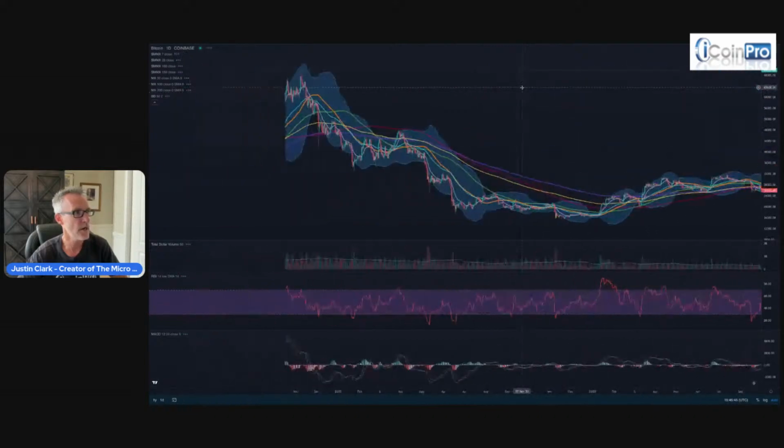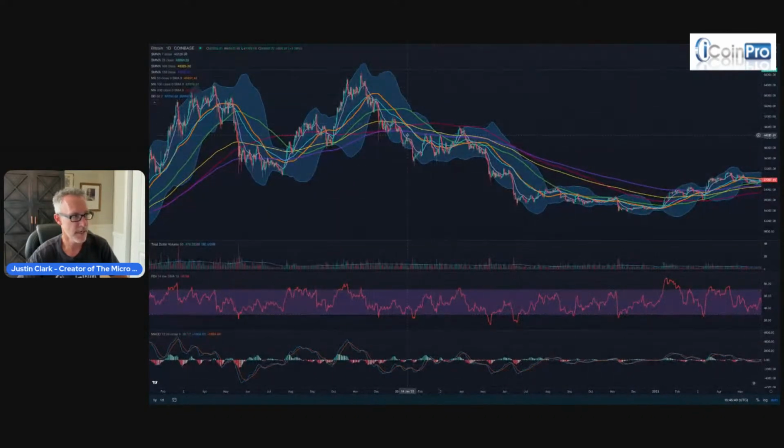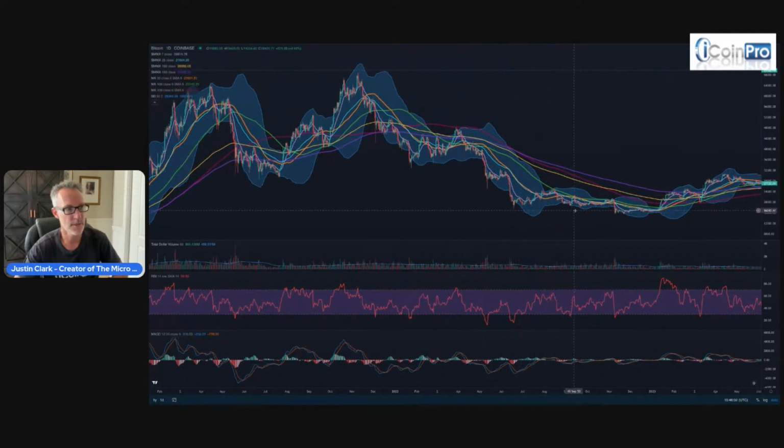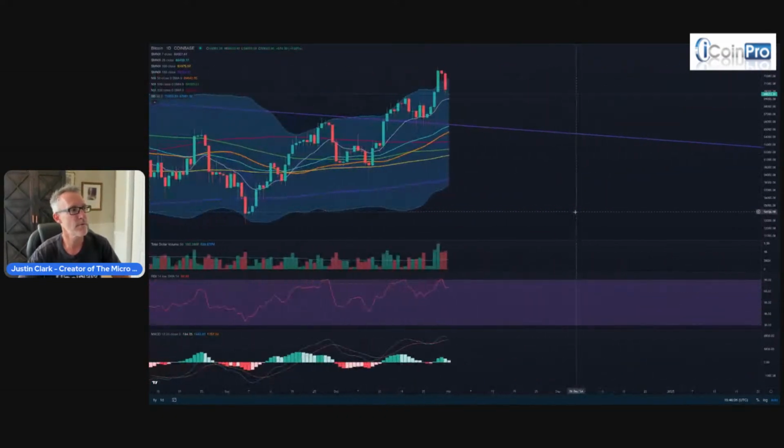If we are not in an upward trend and we're in a downward trend, and we start trading below all of these moving averages, these colored lines, then that's potentially bad. That means that we're in a bear market and potentially building momentum. The further they pull away, the more we're building momentum to the negative side. So with that said, where are we right now?